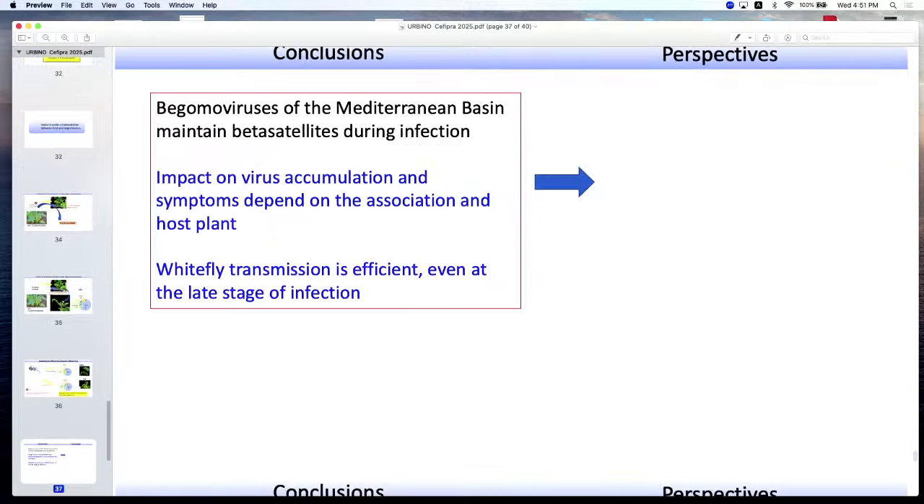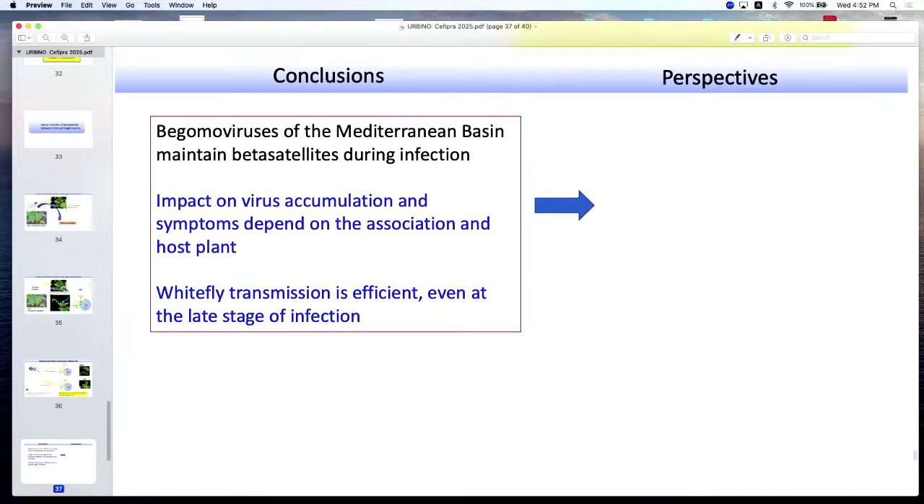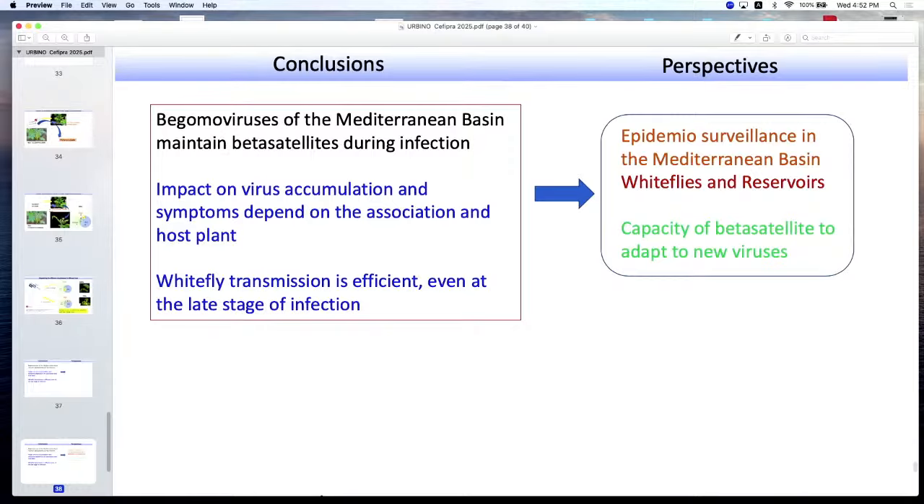Then, in conclusion, we have seen that begomoviruses of the Mediterranean basin can maintain beta satellites, depending on the host and the satellites. This has some impacts on virus accumulation and symptoms, depending on the association. And whitefly transmission is efficient even at the late stage of infection. This means that we have to be very